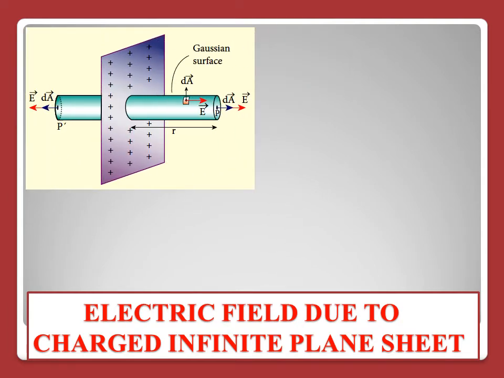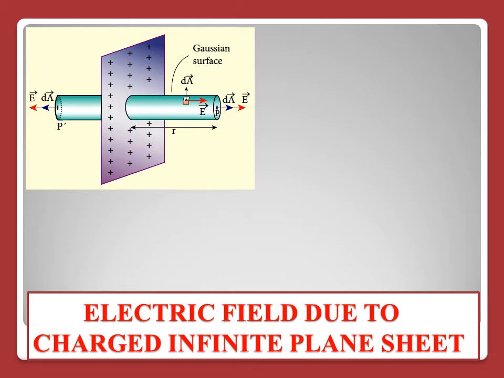Now let us consider an infinite plane sheet of charge. Now in this case, the Gaussian surface here is also going to be cylindrical in shape and it is going to pierce inside the plane sheet of charge, and you are going to consider 2 points P and P dash which are at equidistance from the center, each of distance r. So the total distance will be considered as 2r and the area of cross section will be taken as A. Now in the first case it was linear charge density, here it will be surface charge density sigma.